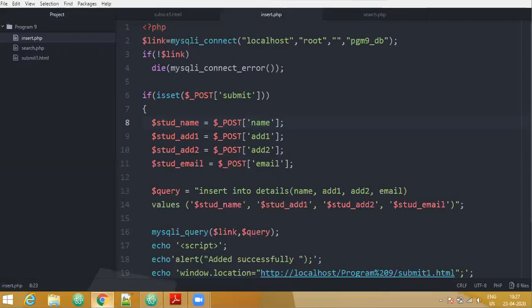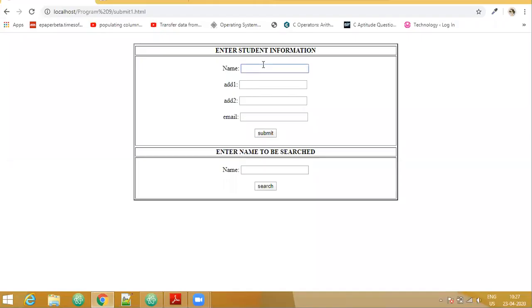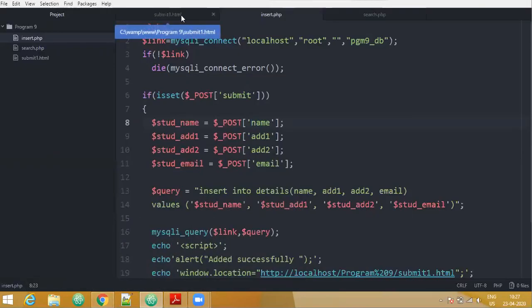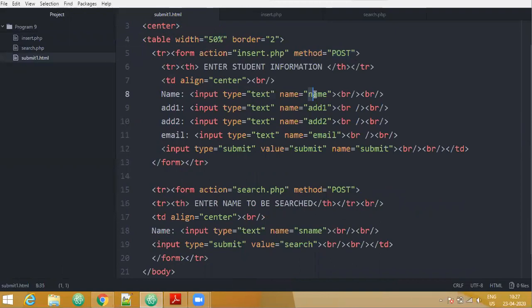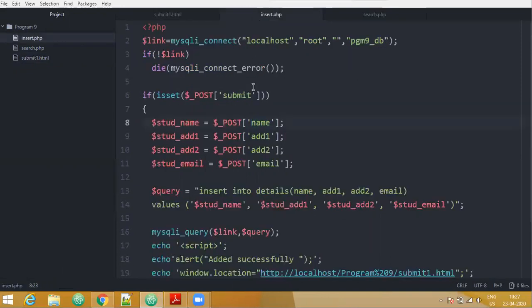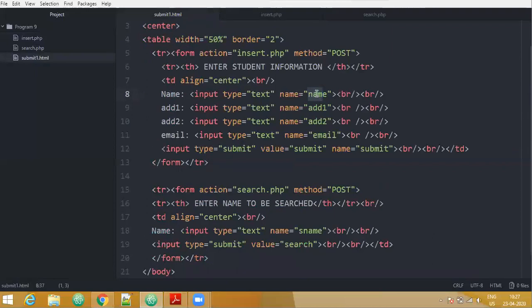So what is happening is, the moment the user enters here some value, there is a name associated with that value, and that name given here is name. That particular value is stored in this variable, and we are fetching it here through this $_POST. So this name has to be similar to your form names, the names that you have specified in the form.